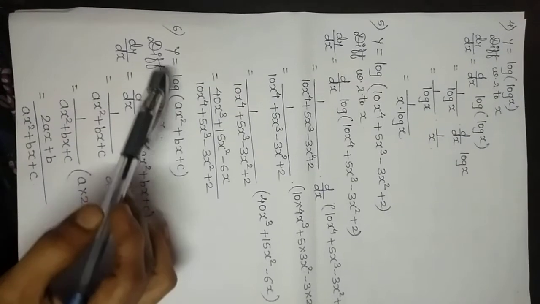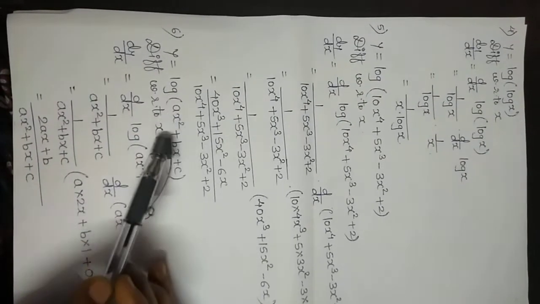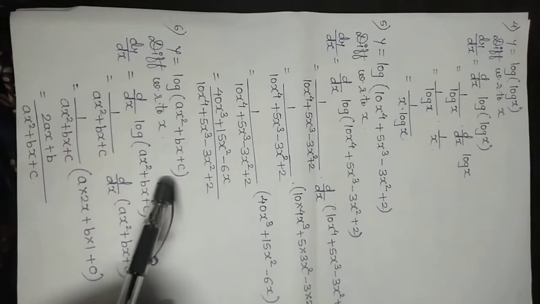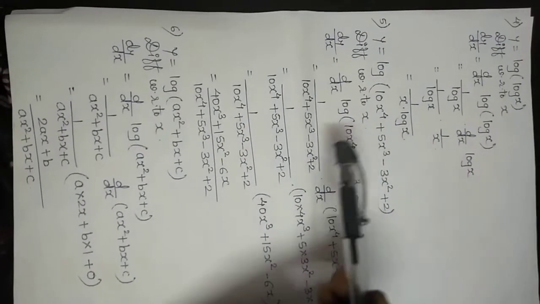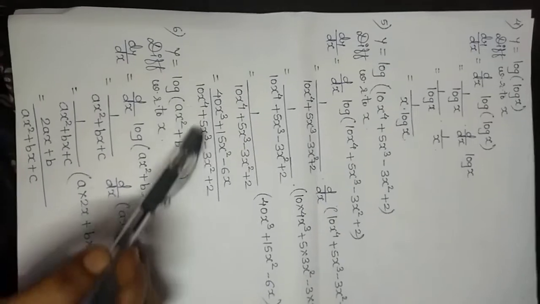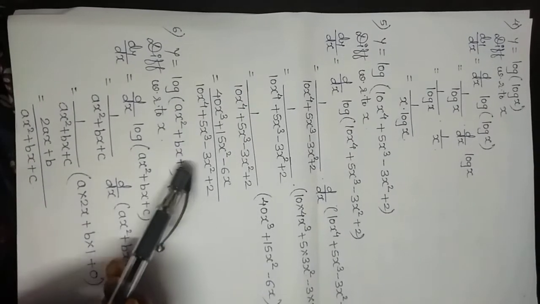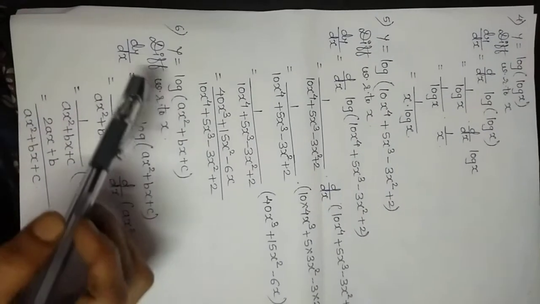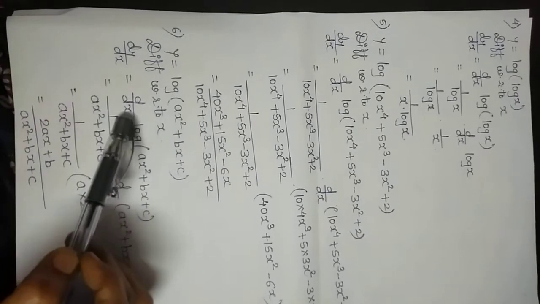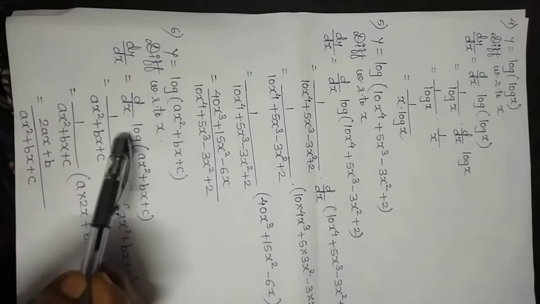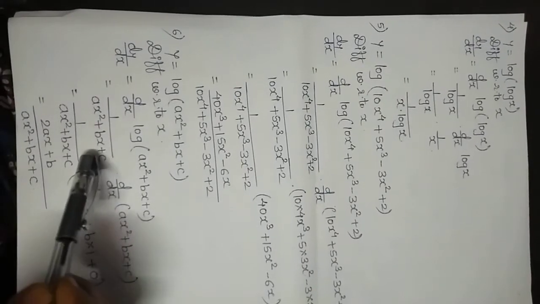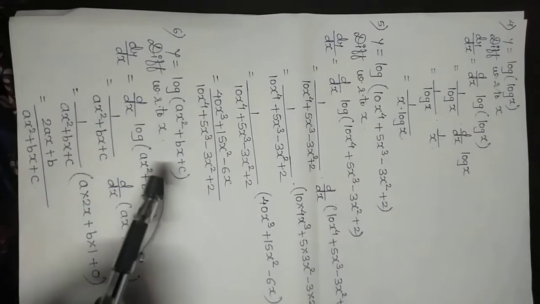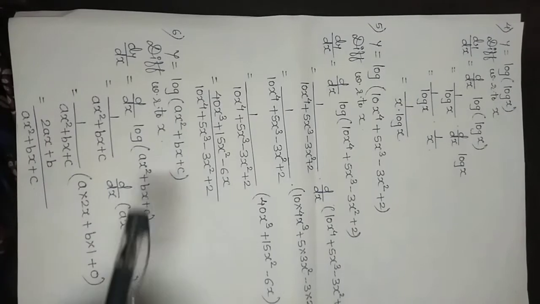Now y is equal to log of ax square plus bx plus c. Now this is exactly the same as sum number 4 and 5. Here also this bracket term we will consider as x. So while taking the derivative, we will read this term as log x. So the derivative of log x is 1 upon x into the term which we have considered as x, again